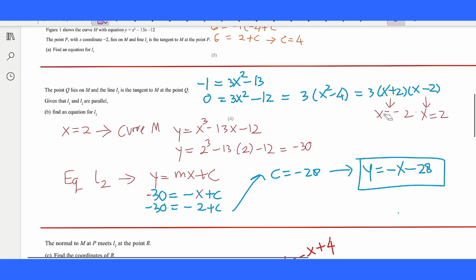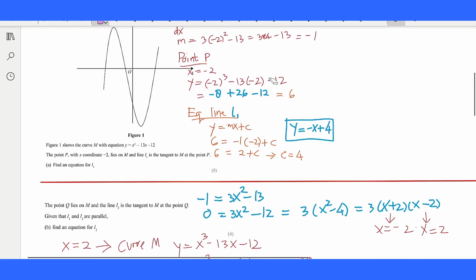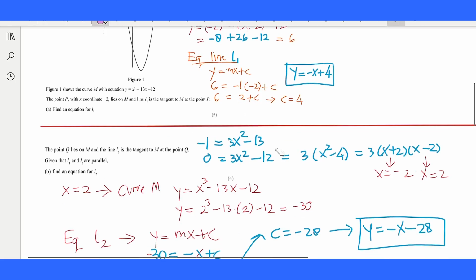From the previous question, L1 has the x coordinate of -2. Of course, now L2 has the x coordinate of 2. Now we plug the 2 into the original equation of the curve M. We plug the 2 into x, so 2 cubed minus 13 times 2 minus 12 is negative 30. So the coordinate of point Q is